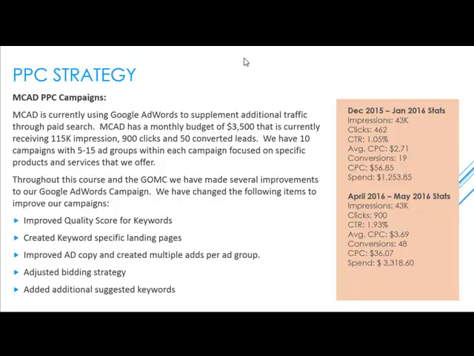In April 2016 through May 2016 stats, you can see quite a bit of difference here. So our impressions were 43,000. We got 900 clicks compared to 462 clicks, bringing our click-through rate to 1.93%, an average cost per click of $3.69, so a little bit higher. So Google's saying that those clicks are worth a little bit more to pay,